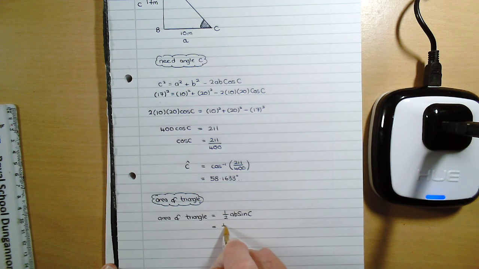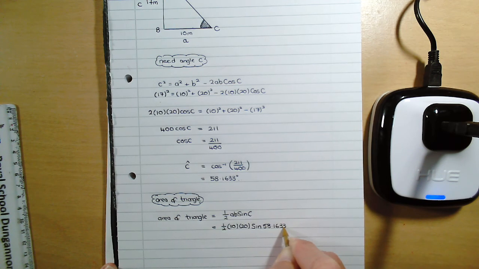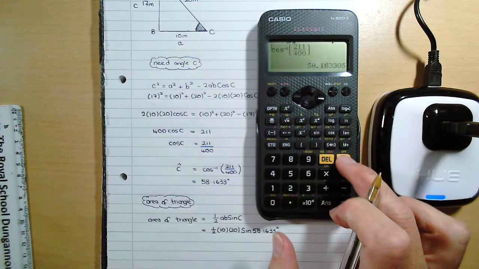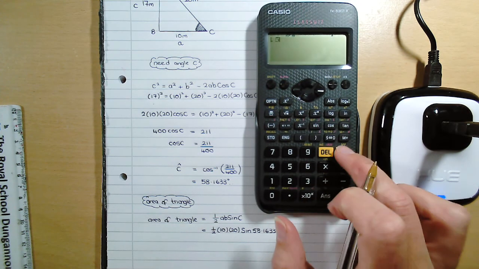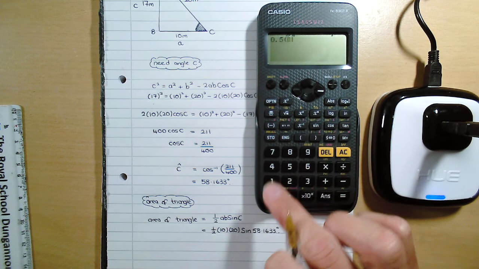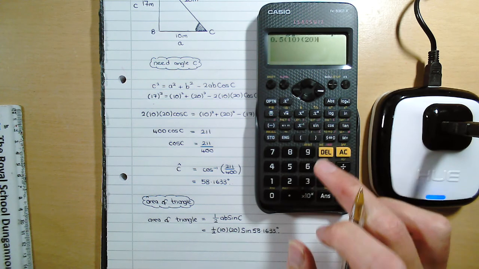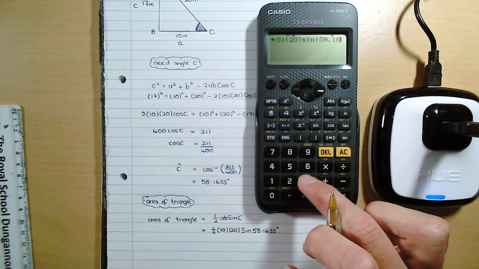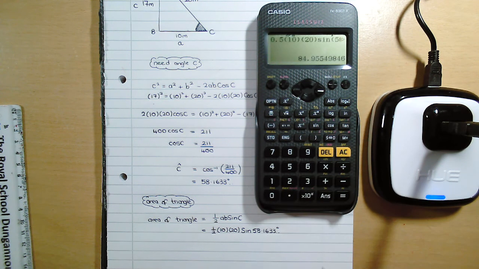So that's a half times 10 times 20 times the sine of the angle that we worked out, and use the non-rounded answer for that angle. So that's sine of 58.1633. And then again, the rest is just typing carefully into the calculator. So a half times 10 times 20 multiplied by the sine of 58.1633. So that's going to give us